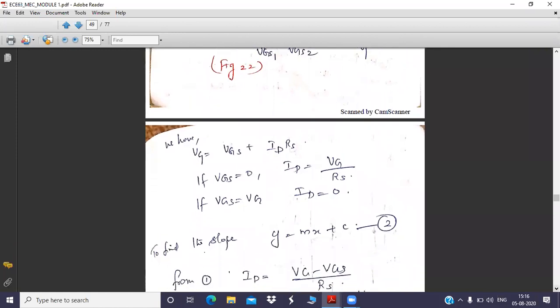Now I am going to find the slope of this particular line. You know that every line may have a slope. What do you mean by slope actually? Assume that a ladder is there. If the ladder has more slope, is it difficult to climb or easy to climb? Just a logic. I want to explain the relation between the slope of this DC load line and the Q point stability. So for that only I have asked this question.